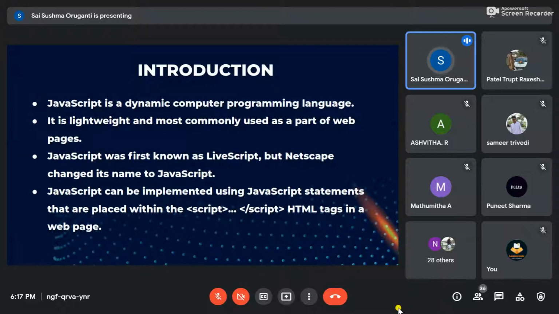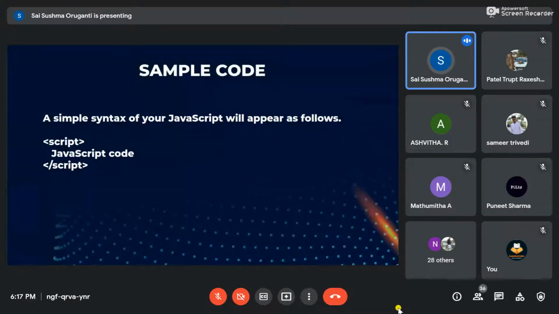So while you are writing an HTML file, inside the head or inside the body part, wherever you want, you can write. Mostly you'll write in the body. In that, you have to mention the opening and closing script tags, and inside the script tag, we write JavaScript statements, whatever functionality you want in our website. So this is sample code of JavaScript. You can see here is the script tag, and inside it we will write JavaScript code.